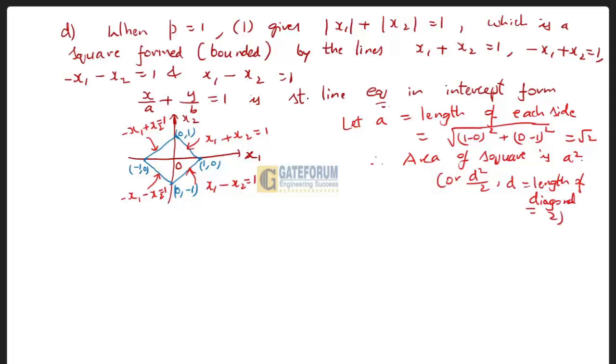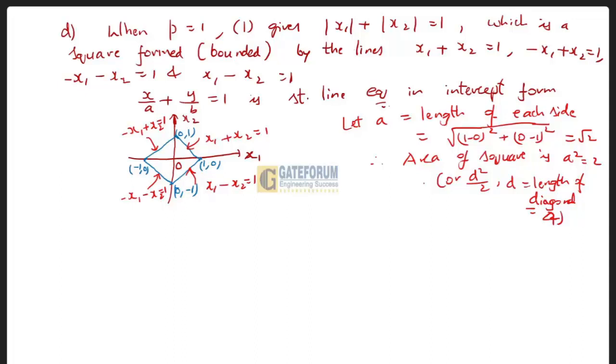So here finally area of square is root 2 square. Otherwise, diagonal square by 2 gives 4 by 2. The distance between (minus 1, 0) and (1, 0), you will be getting this, this is the diagonal, this is the diagonal 2. So finally,